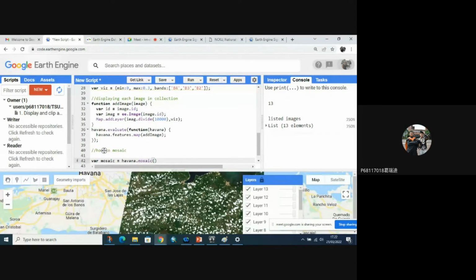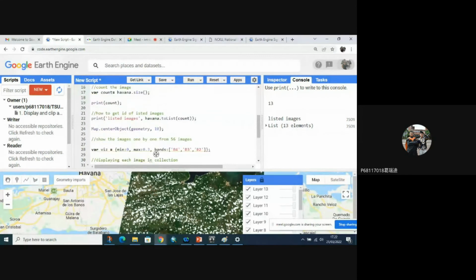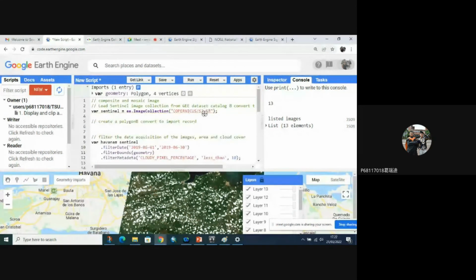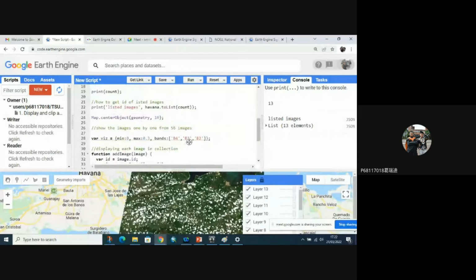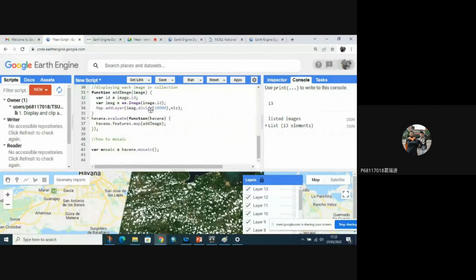And don't forget to end it with a semicolon here. Because this one I divided by 10,000 to make it a surface reflectance value. This is the surface reflectance value image. So I divided by 10,000 here.